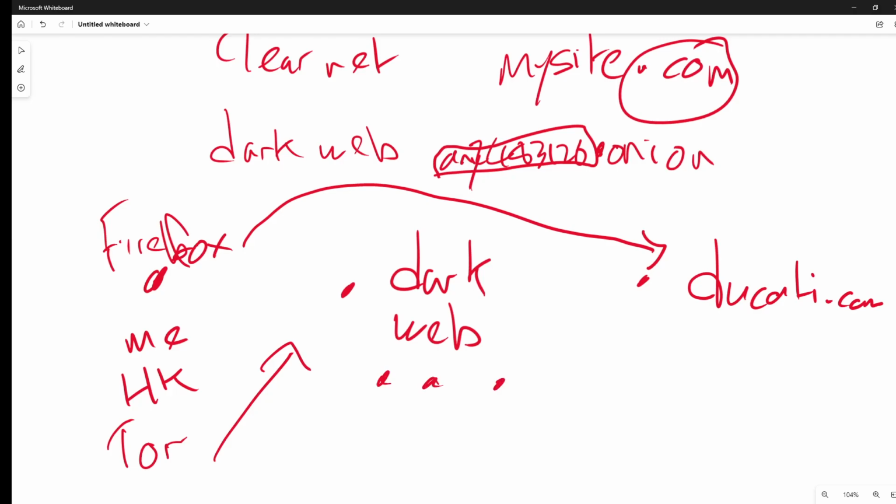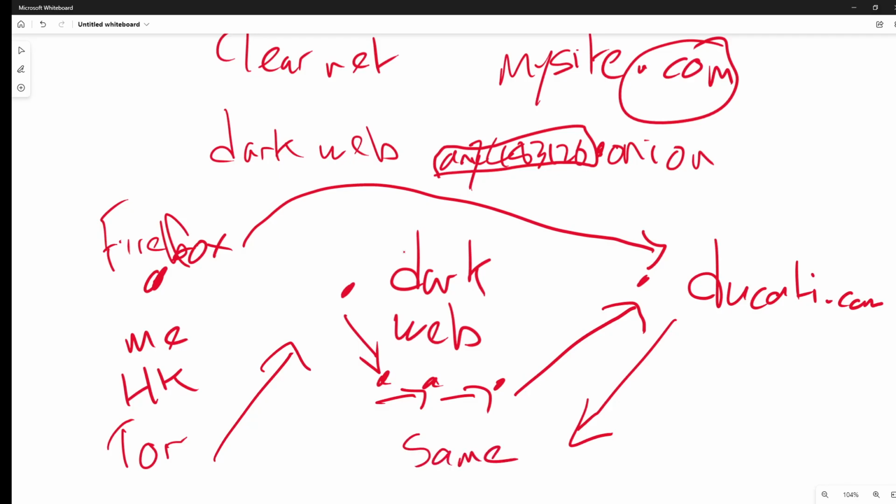And there'll be at least 3 nodes. And then it will exit the dark web and go to Ducati.com. Now, coming back, it may or may not use the same route. It may, or it may not.